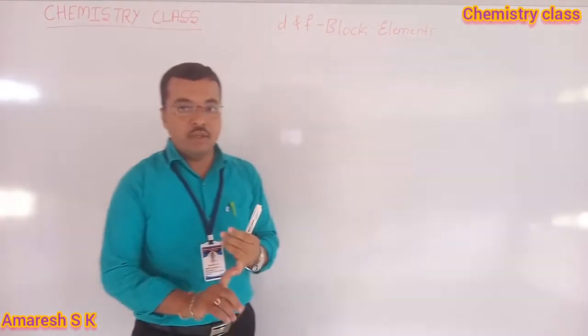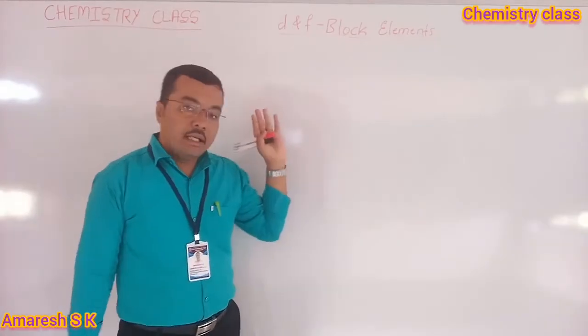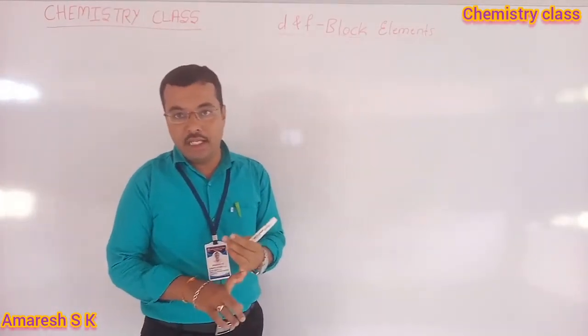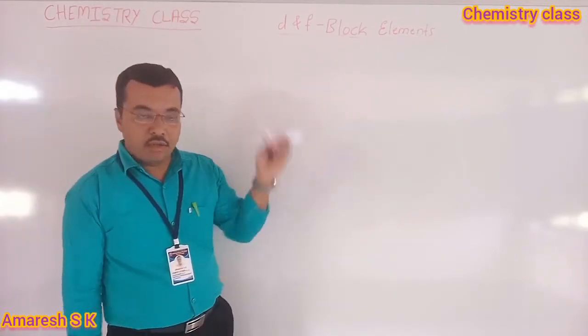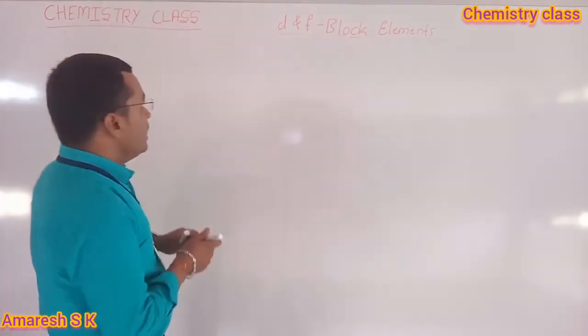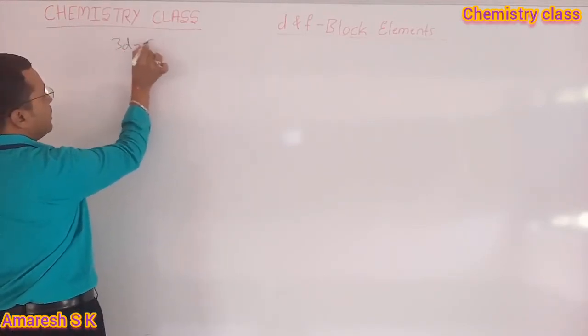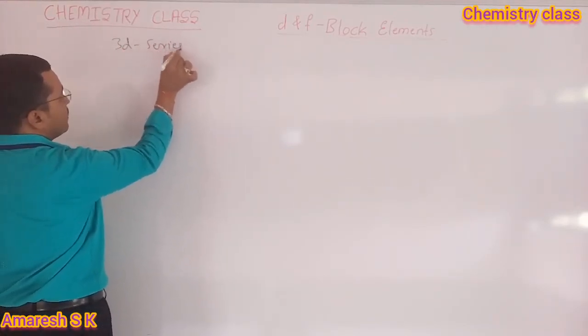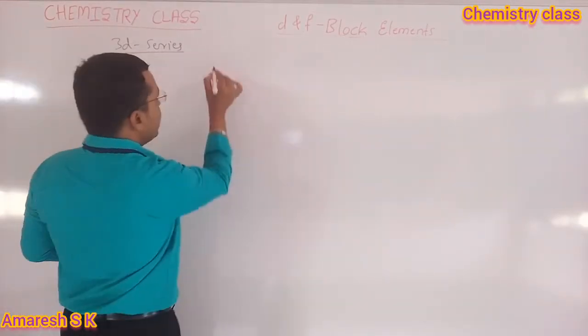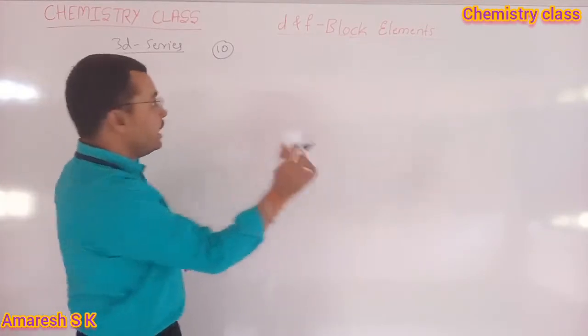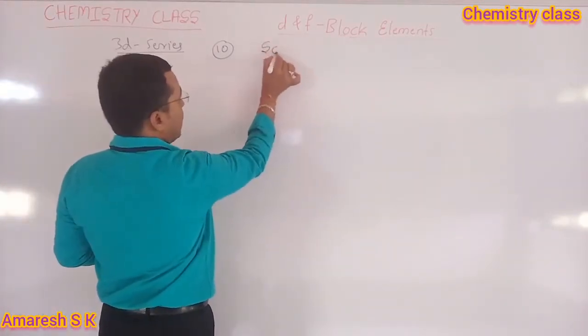We have also discussed the electronic configuration of the 3D series of elements from scandium to zinc. Totally 10 elements are there in the 3D series of elements. It means, in the 3D series, totally 10 elements are there, from scandium,